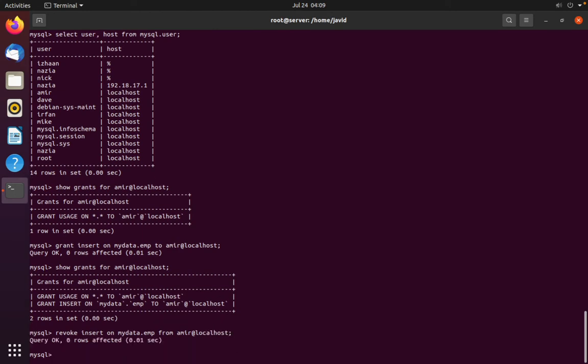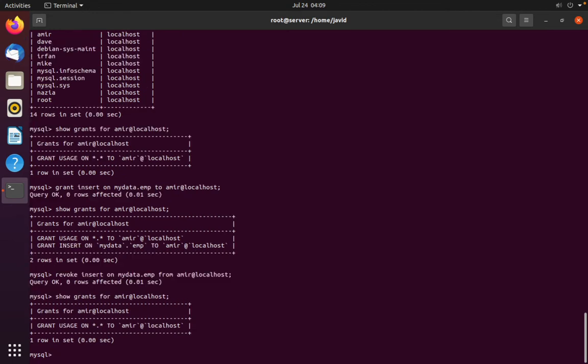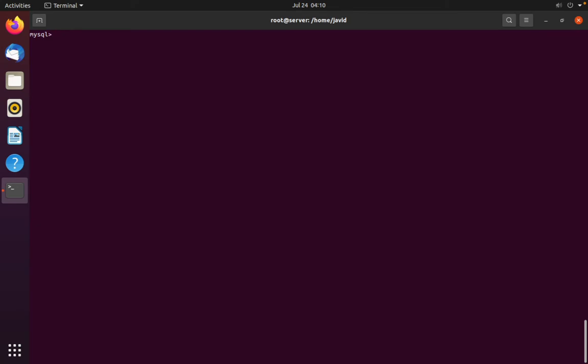Okay, so now we have revoked the insert permission from the newly created user. To test it, use the show grants command for this user. See, there is no permission given to this user for now. All right, so let's give all privileges. All privileges means all access to this user. Okay, so for that we can use the grant command, grant all privileges,